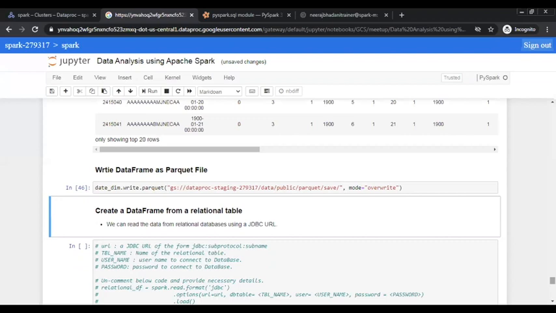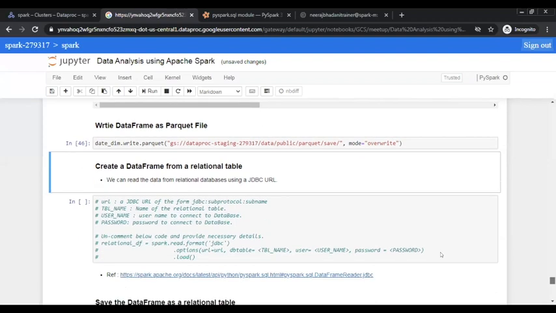However, what if we would like to read the data from a relational table, create a data frame, process the data in Spark, and then store the data again, maybe in a relational table or any other data format you would like? So here I'm showing the example for MySQL.